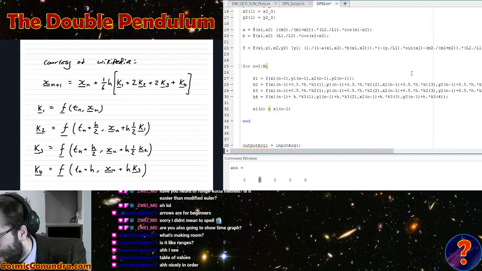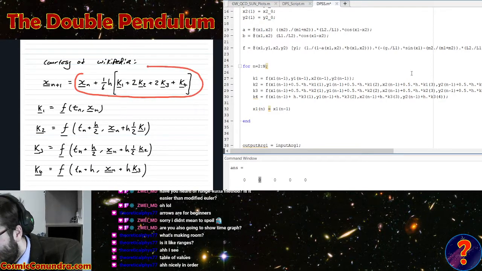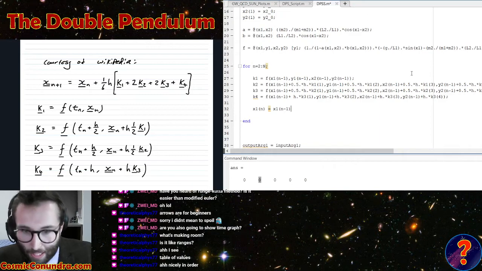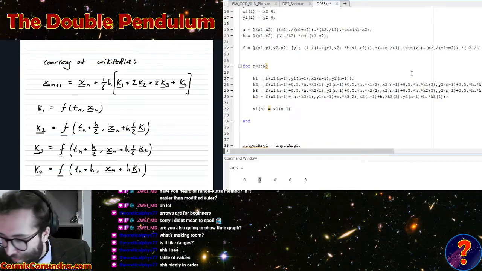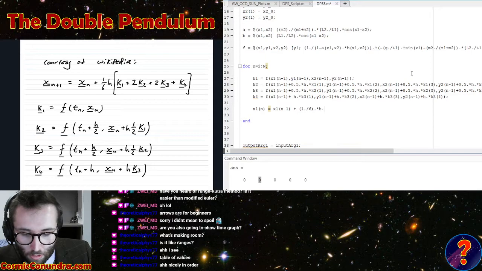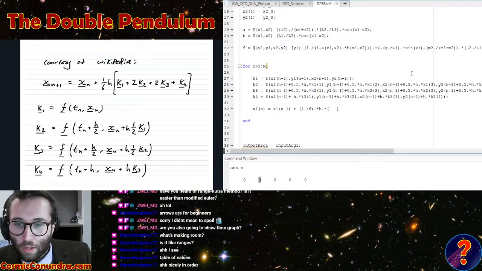I'm now just programming in this equation here, given we've already found these values k1, k2, k3, and k4. So for x1, this is x1 n minus 1 plus 1/6 times h times... Then inside of here, we've got, well, remember, k1